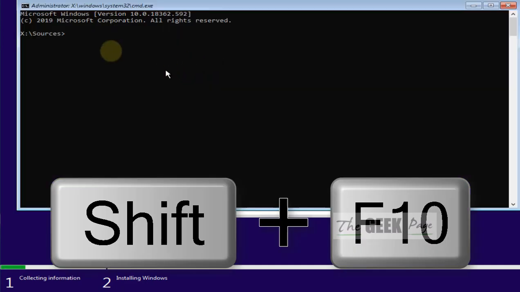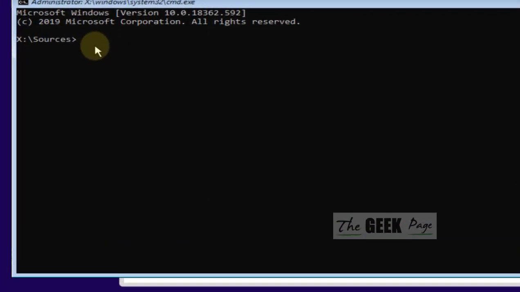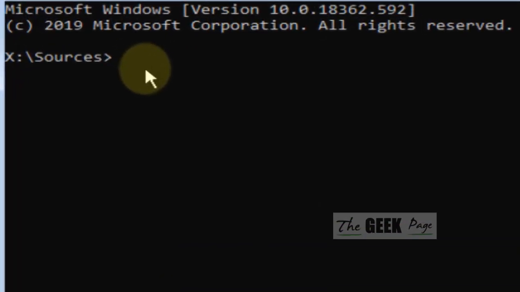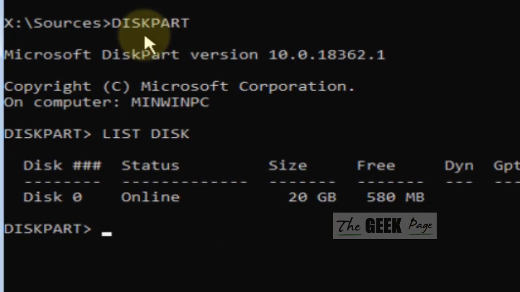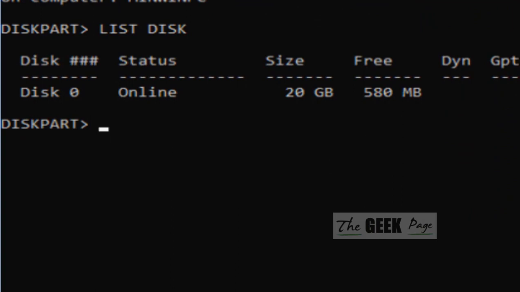Your command prompt window will appear. Now you have to write diskpart, hit the Enter key. Now you have to write list disk, hit the Enter key. Now you have to select your primary disk, disk 0,